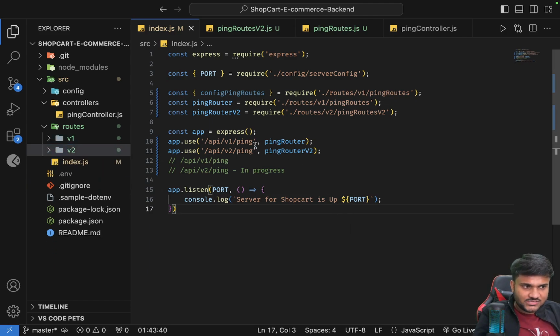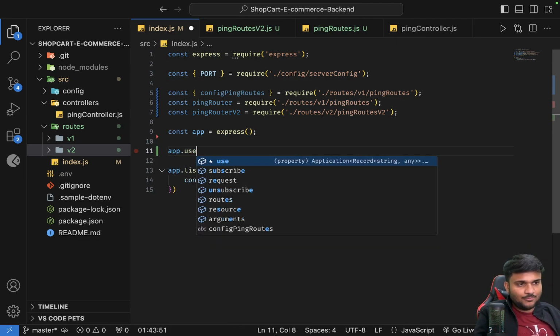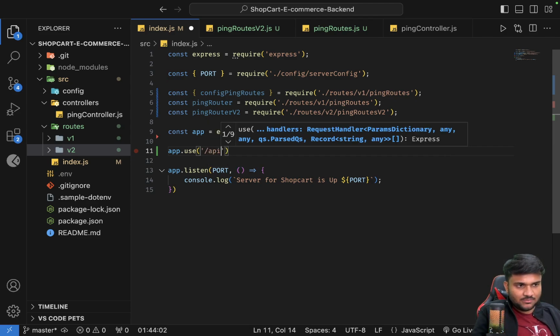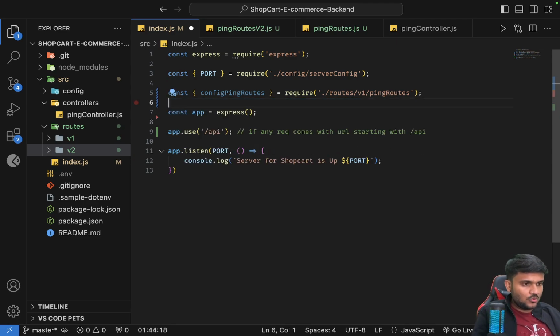So let's not have multiple routing here. This is not a good solution. What I'm going to do is say app.use, which will help us make sure that for any incoming request, we check the URL. If any request comes with a URL starting with /api, what I'm going to do is map it